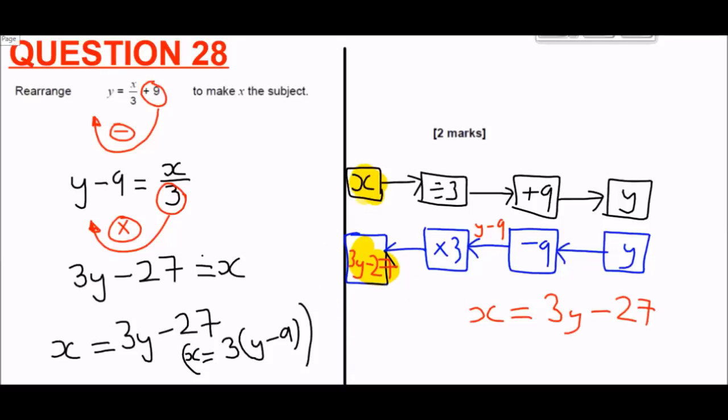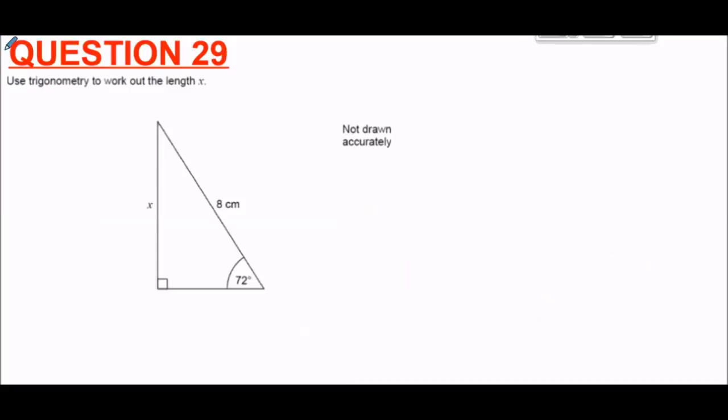Now we've got the last question. Question 29. The examiner's not been too harsh here. They've said use trigonometry to work out the value of x. If ever you think you might need to use trigonometry, or if it says to use trigonometry, almost as a knee-jerk reaction, I want you to be thinking straight away,